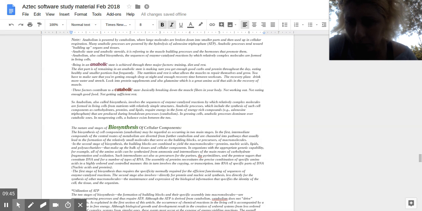The next term, which is catabolic, is a state which is the opposite of anabolic, and it is breaking down the muscle fibers. This is done when